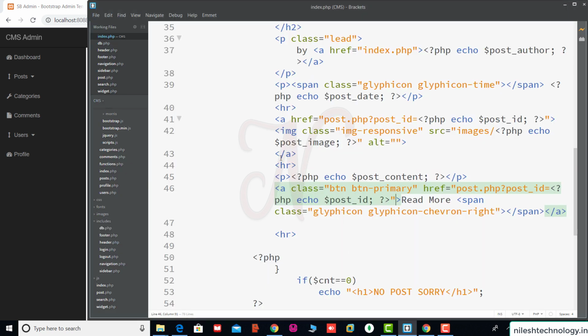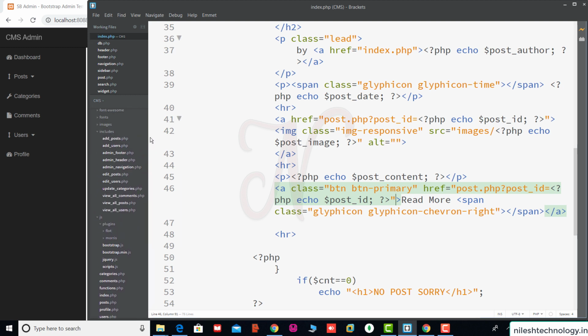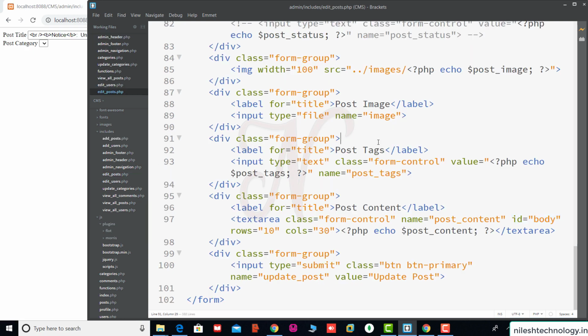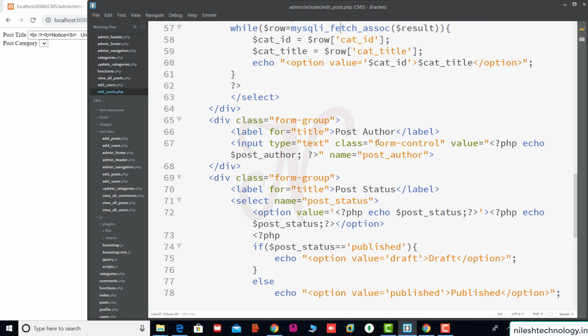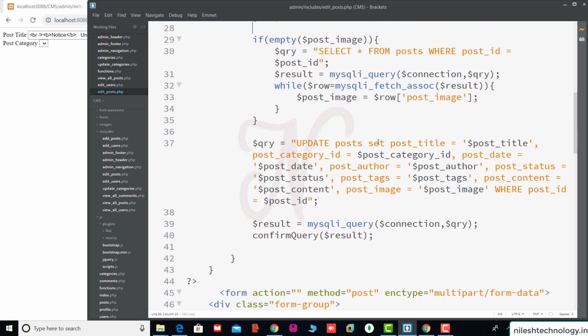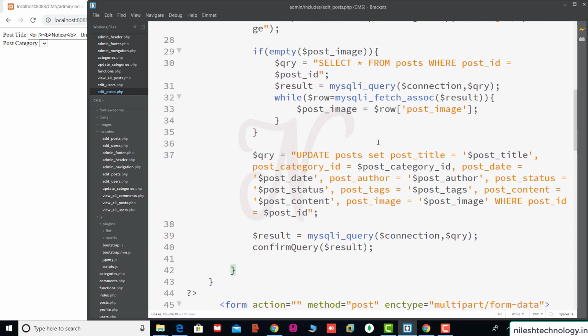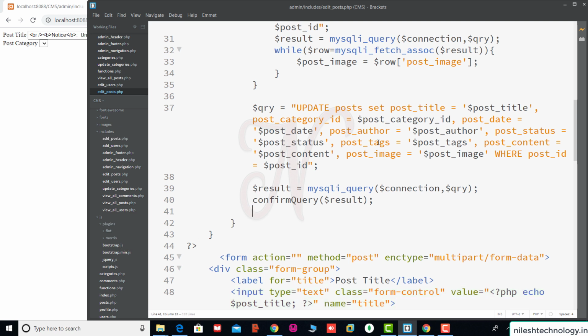So again we go to this editor. Going to the admin edit post.php file, this one, and we go to this. So after this query execution, here we pass one message, record updated. Also pass some links, href.